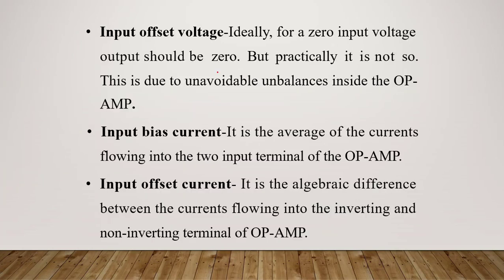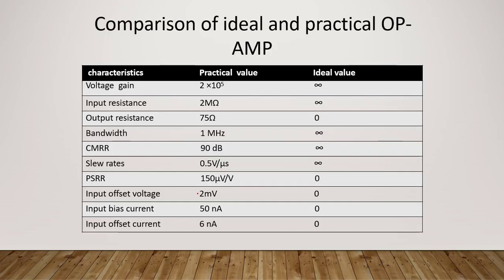Okay, and input offset voltage I already explained. And what is input bias current? The same thing. It is the average of the currents flowing through the two input terminals of the op amp. Okay, bias means what? It is a voltage or current which turns a particular device on, or a suitable voltage to make the device operate. Here it is in current form, so input bias current. In the same way, what does offset current mean? We already know what offset is, explained, right? Same here. Okay, this is all about offset voltage and bias voltage, offset current and bias current.